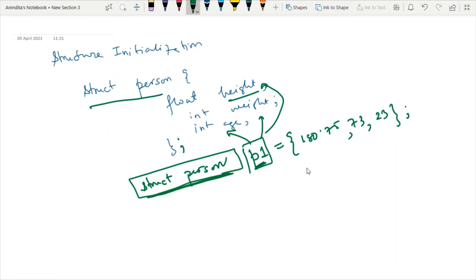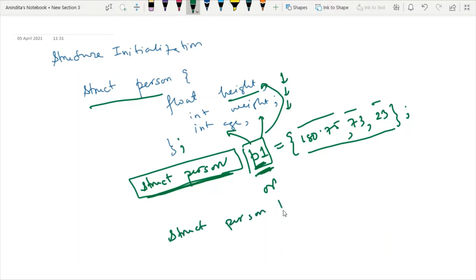So this is how you can define any number of structure variables and you can initialize them. And you should follow the order. First height, then weight, and then age. Or you can use this convention also. Just define the structure variable, end it here using semicolon, and then individually you can take values.